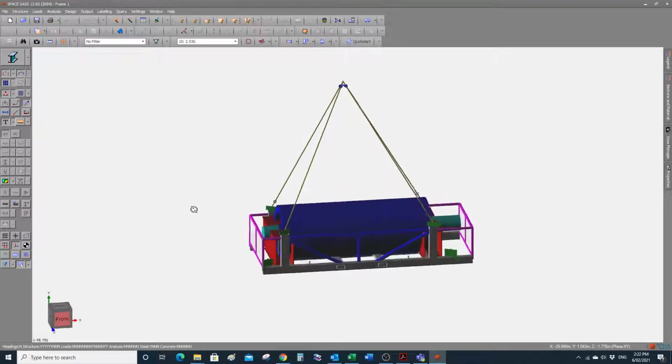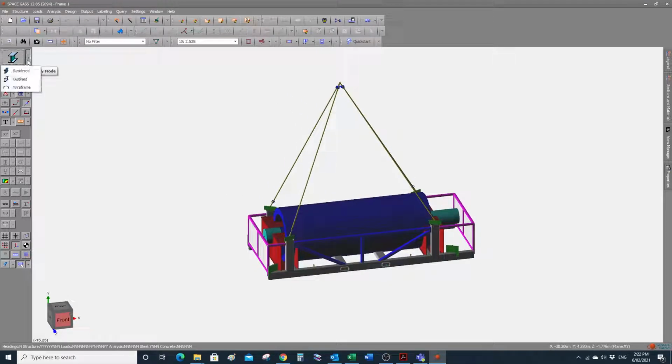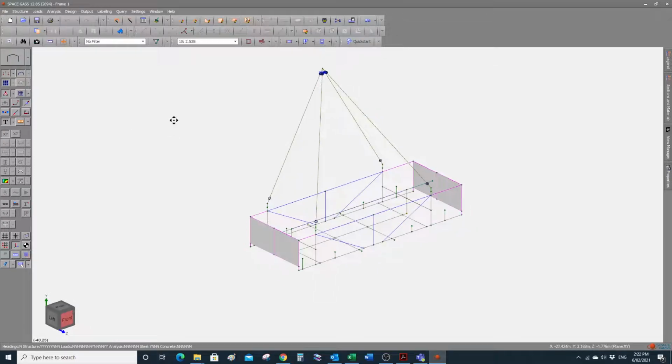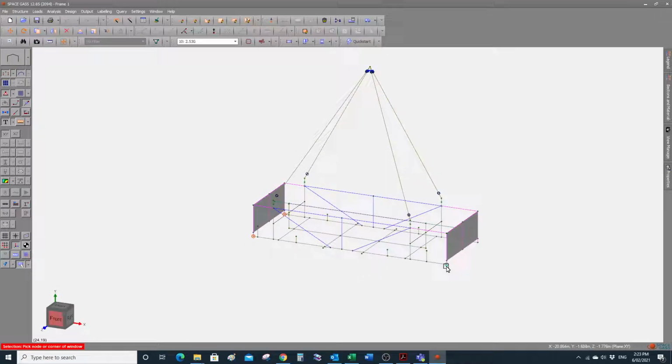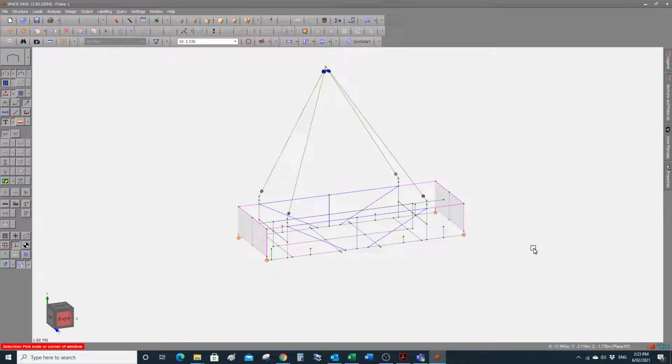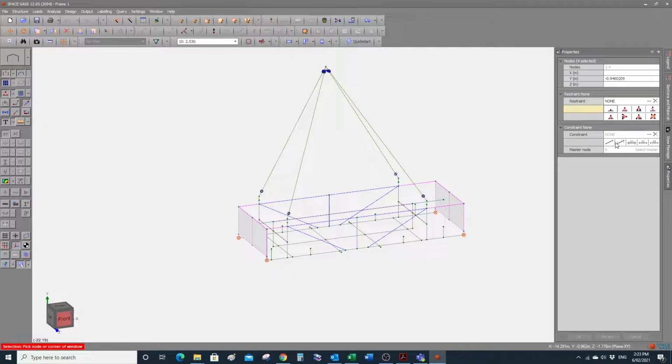However, during the lifting we don't have much restraint, but what we have is our toggle lines, or the places where we connect soft slings so that we can control the item in the air. In order to model them in SpaceGas or in any computer program, I normally use soft slings. And how I model soft slings